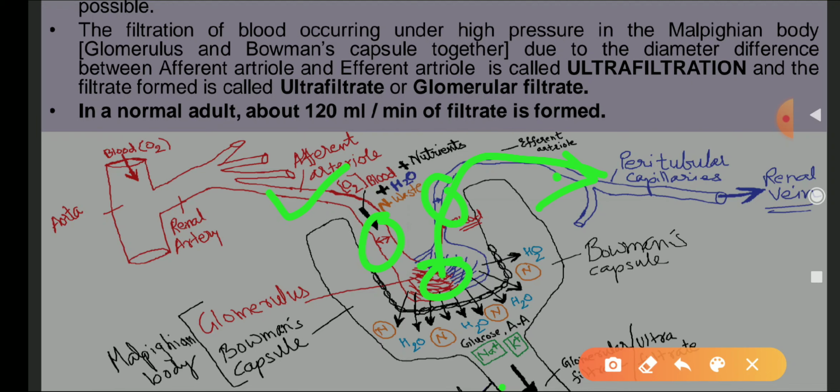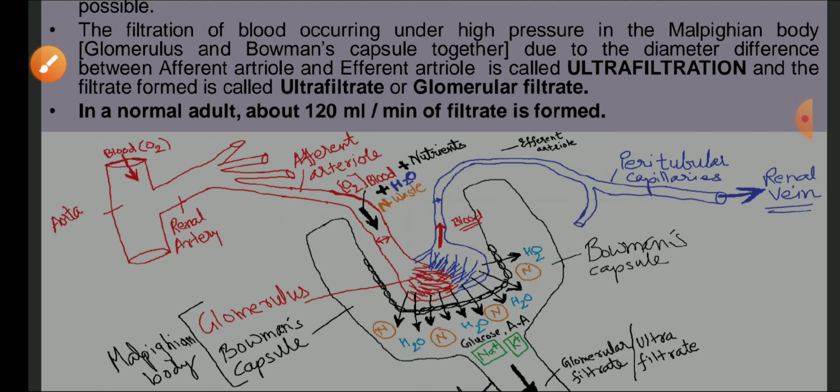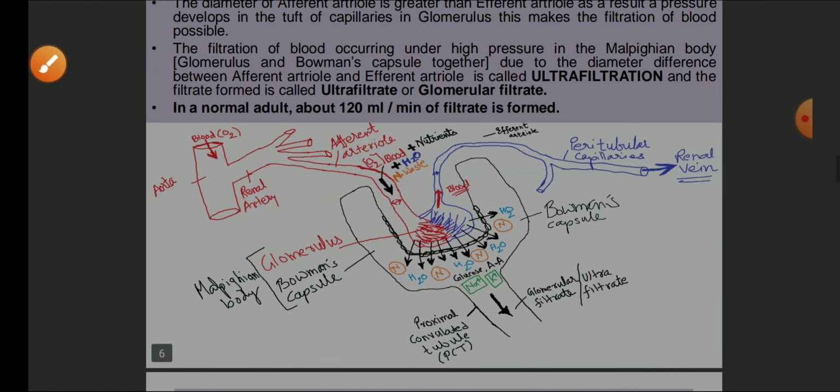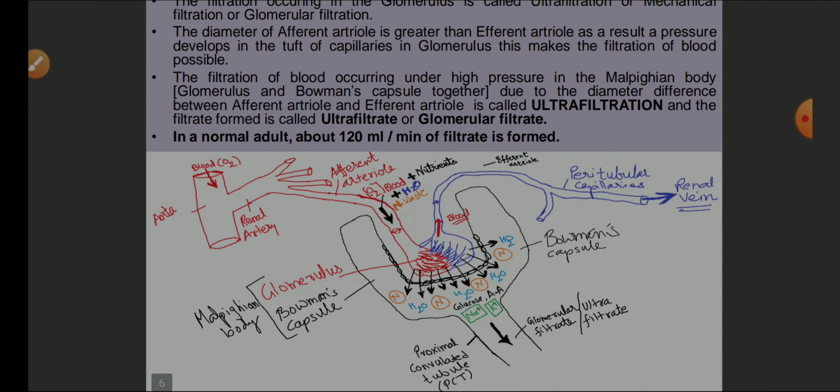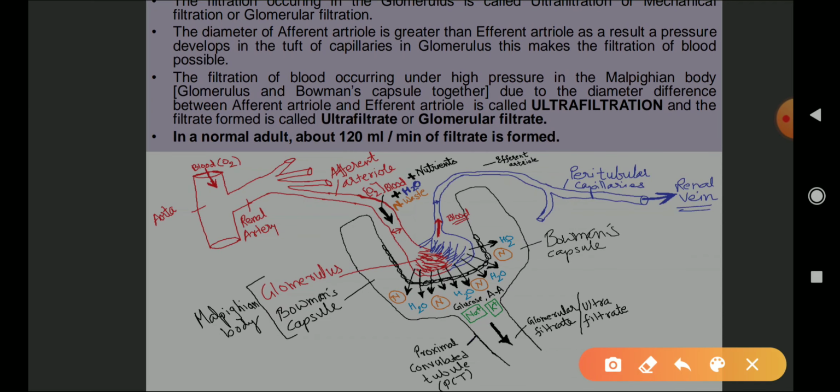It is a hollow-like structure. It is a single cell layer structure made up of what? Podocytes. But you don't require to know that one, otherwise it will be higher class. So here what happens? Whatever substances are falling inside the Bowman capsule are flowing down and going towards the ureter. That means the formation of urine is taking place.